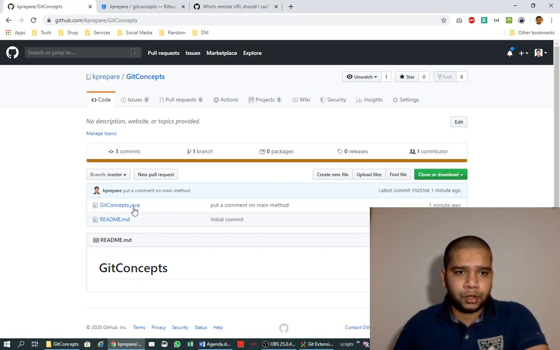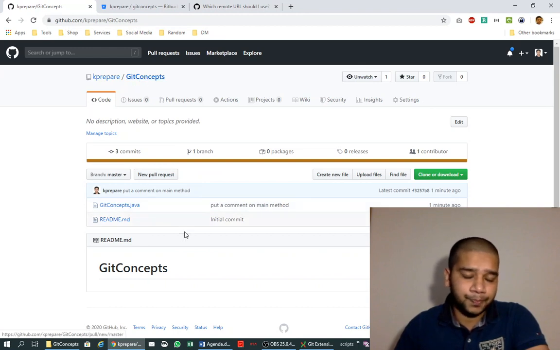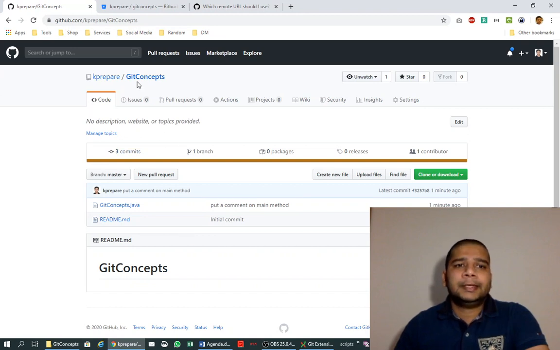So if we want to have these code files, or the entire directory structure which is under Git concepts, for example this repository, on our local system, we call this process cloning. Cloning a repository means get the contents of that Git repository on your local system. In order to do that,